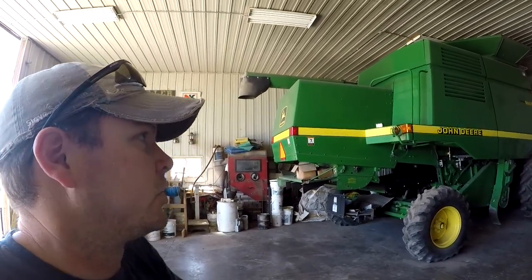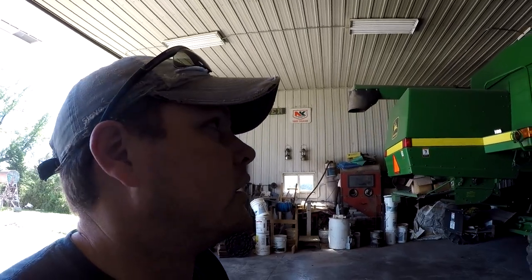I need to finish up some stuff in the grain tank with the tank unloading augers, the horizontal augers in the bottom of the tank that unload, and also the shields and some stuff around the tank loading auger from the gearbox that I put in three weeks ago. It's a lot easier since it's nice out and we don't have too much going on right now. We can clear out the shop and get it out where we can work on it on the pad in front of the shop and have more room to get over top of that